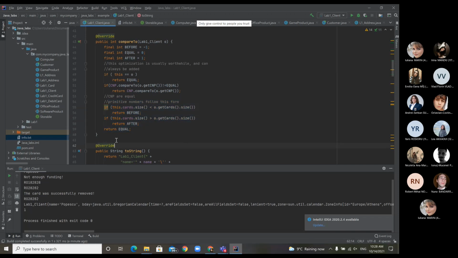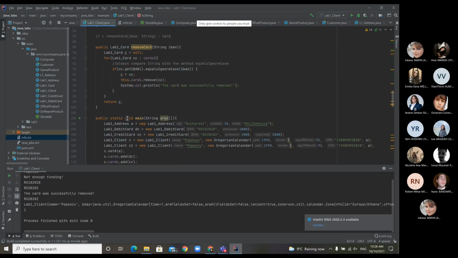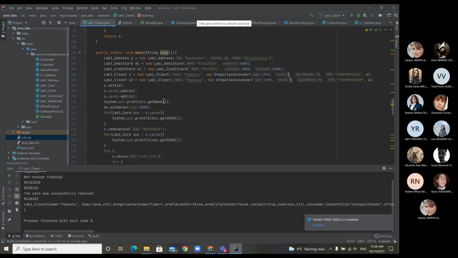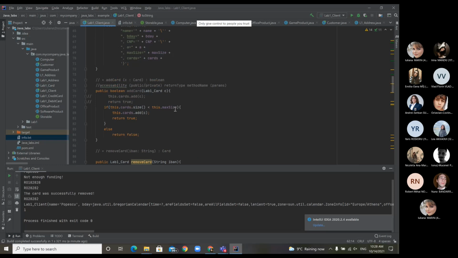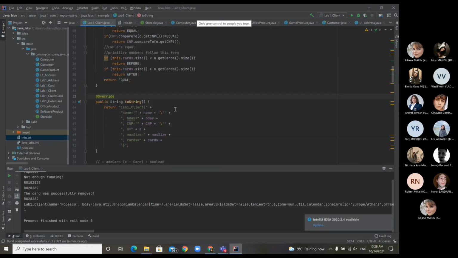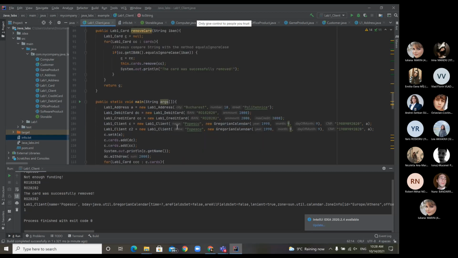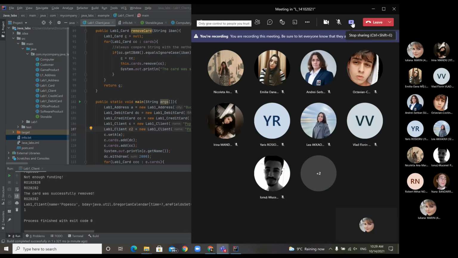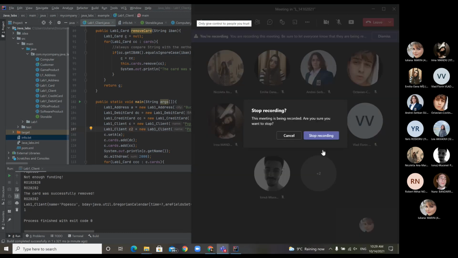And at the cards dimension, in this case, for the first one, I have two cards, the debit card and the credit card, while for my second one, I don't have anything associated. So this is why it will say that my client C, which is defined here as having the debit card and the credit card, comes after my new instance, card 2. Well, this is basically what this